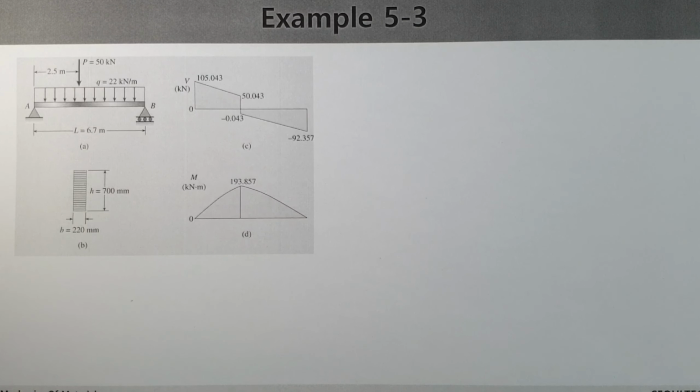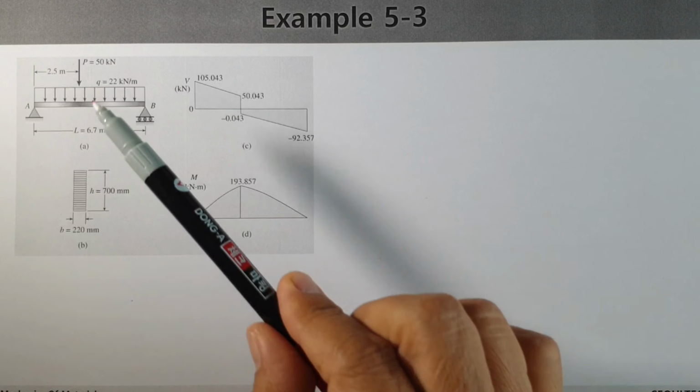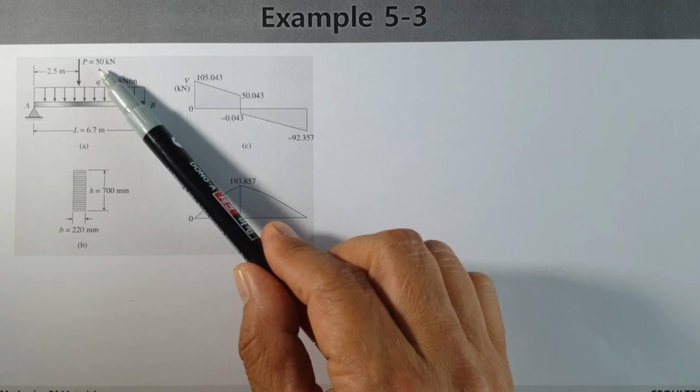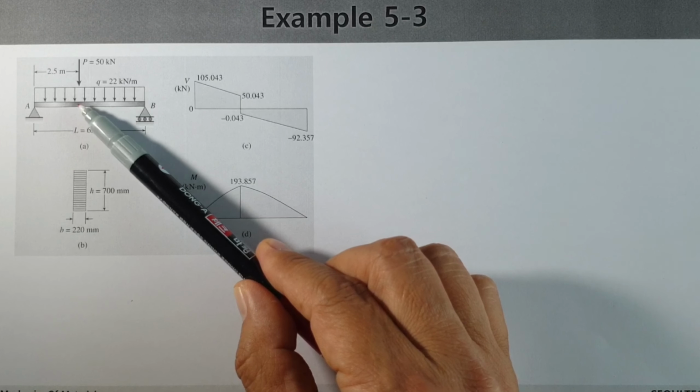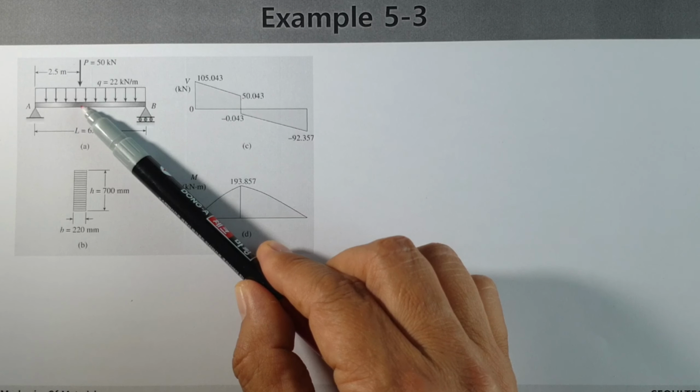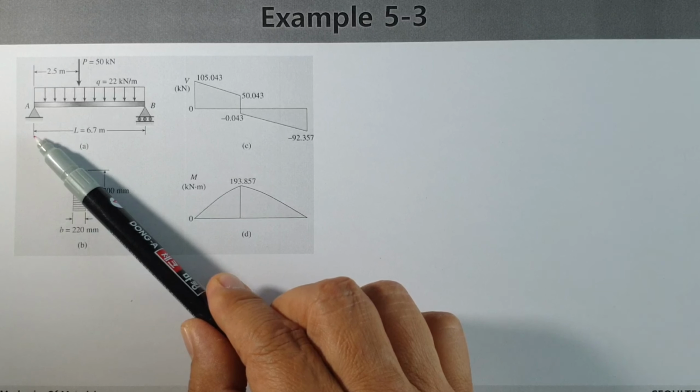Hi everybody, in this video I would like to tell you about some selected examples related to bending moment or normal stresses in beams. In this example 5.3, we have a beam element, and in this beam element we have a concentrated load P equals 50 kilonewton, which is located from A at some position, 2.5 meters, and the total length AB is